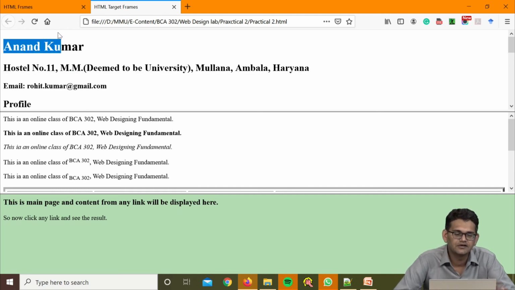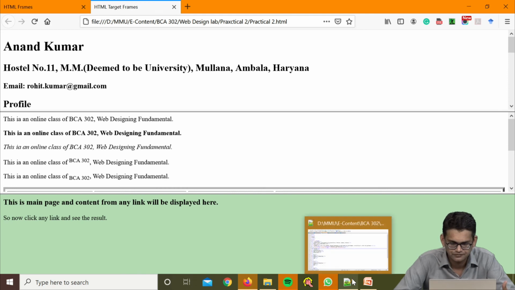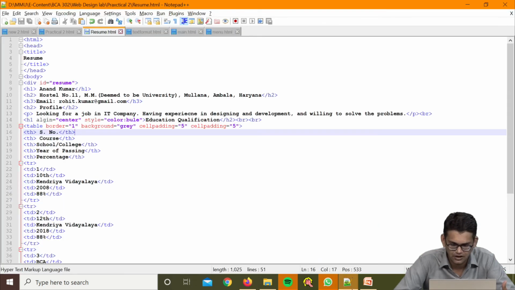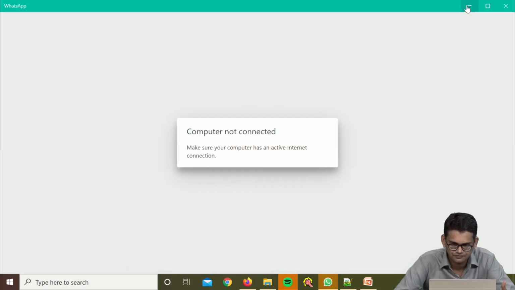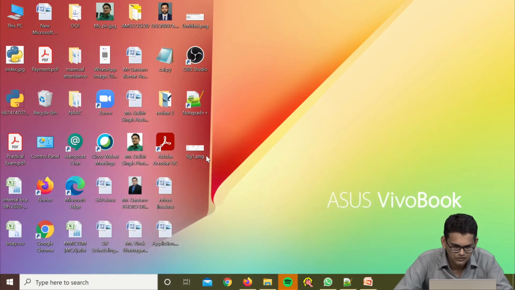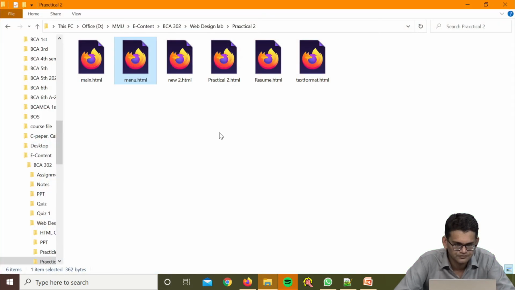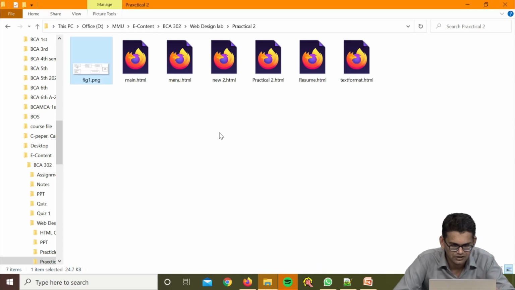You can add some images also. So, how can we add an image? We just need to add one image here. Let me see if I have any image right now. I have this image, figure 1. Just copy it into the source directory. So, this is the source directory, right.